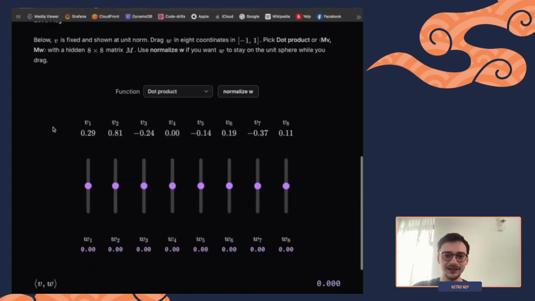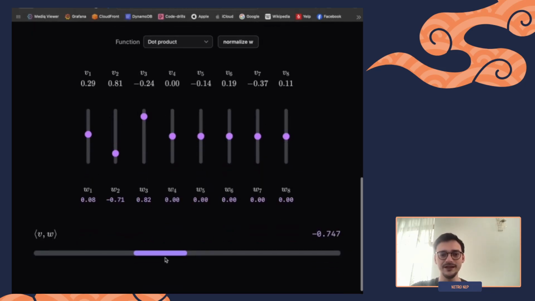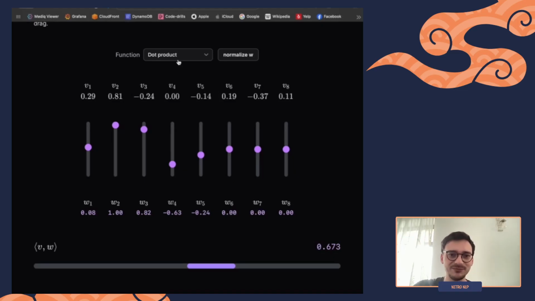And for this, let's play a little game. So the game here is you have this vector v, which you can see in here, and you have this vector w, and using these sliders you can modify the values of w. And in this lower area, you can see the strength of the similarity, so of the dot product. So for example, if I have 0.81 and I modify this to be higher, then this value would be higher. What I want you to do with this exercise is maybe for 5 minutes just explore, have a little bit of fun with it. You can change this from a dot product to the dot product after we apply a hidden matrix. I want you to also look into that and see how it differs